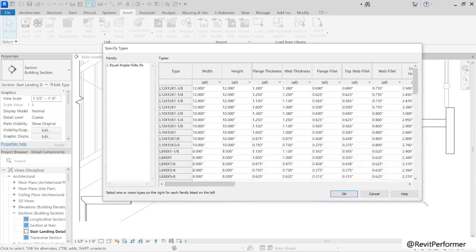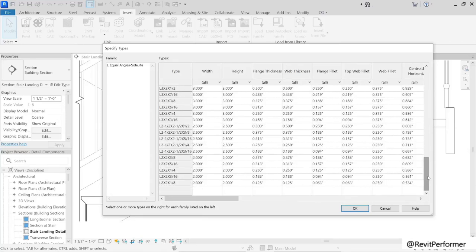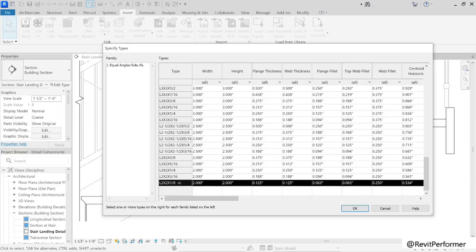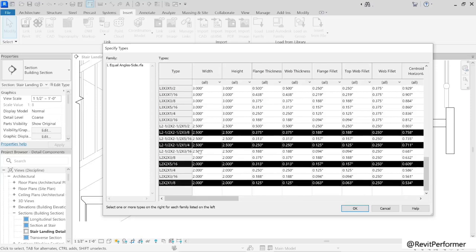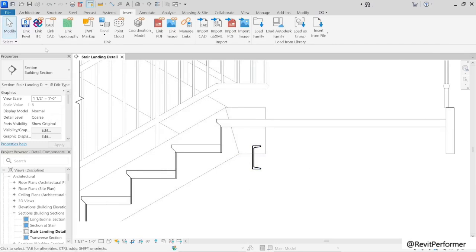I'm going to expand this a little bit bigger so that we can see more of the list. And notice that there are lots of sizes to choose from. So rather than load all of this and clutter up the file with a lot of stuff we don't need, you can focus on just the type or types that you're interested in. In our case, we just want one for this example, but you can use the control key and select more than one if appropriate. But I'm just going to select the L 2x2 by 1/8 in Imperial, or 51 by 51 by 3.2 in metric. So just choose that one size,